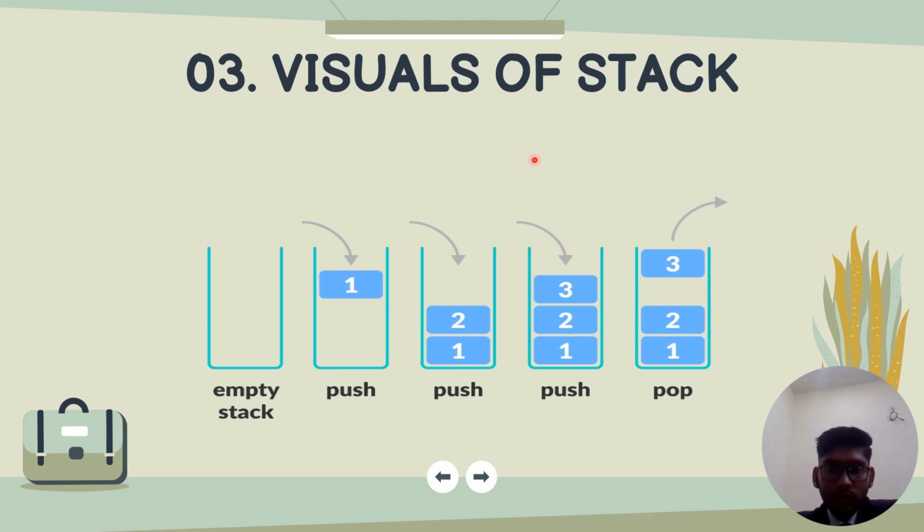The element which we want to insert, that is the push operation we have performed, is inserted at the topmost position only. And if we perform the pop operation in this stack, the topmost element will be deleted, not the middle one or the bottom one. So the area of action of the stack operations is the topmost element or the topmost position. Okay,